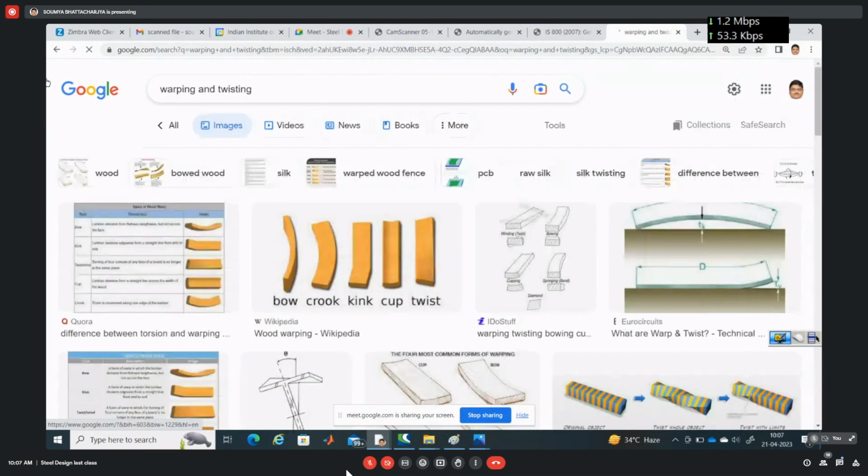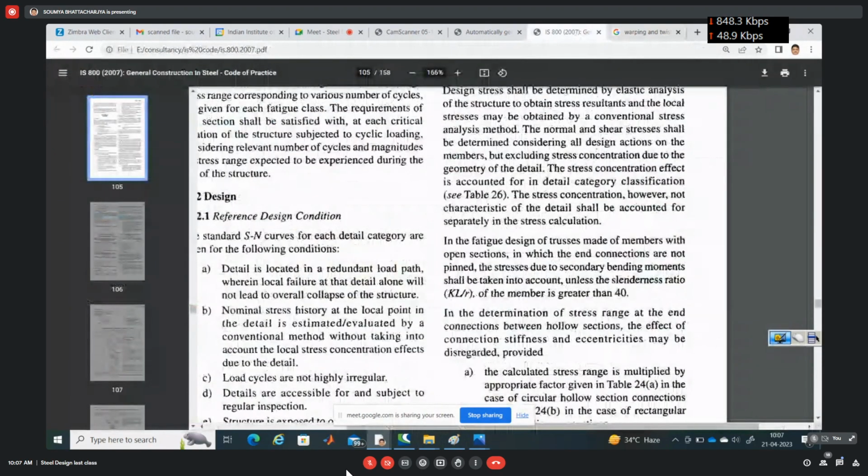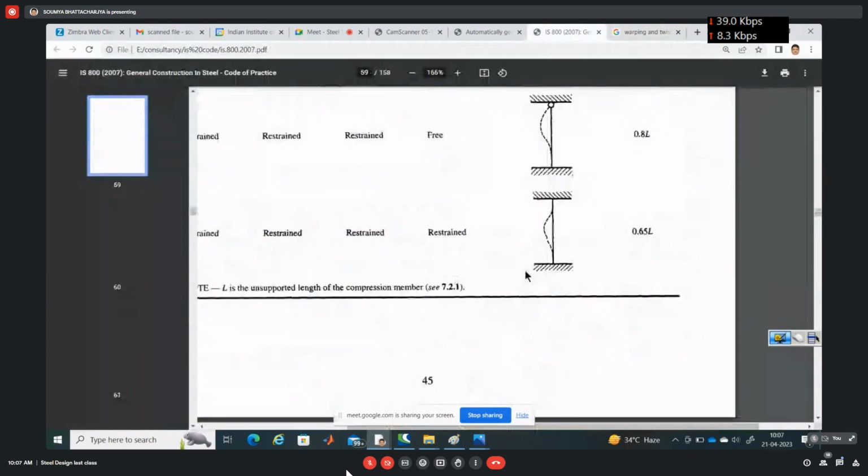In lateral torsional buckling also, there is an effective length. In lateral torsional buckling also, there is a concept of effective length. But that effective length is